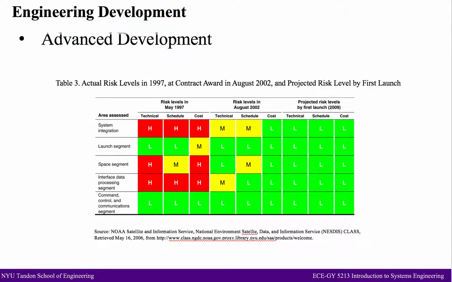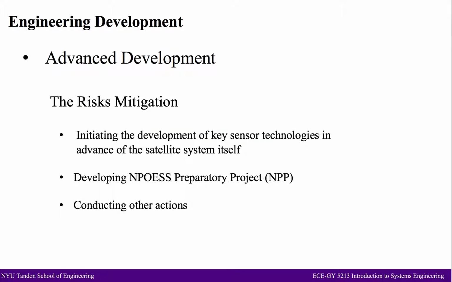So what kind of actions did they take to reduce those risks? There are three kinds of actions they implemented. In order to reduce the program risk, the program office designed and implemented multiple risk reduction actions. One: